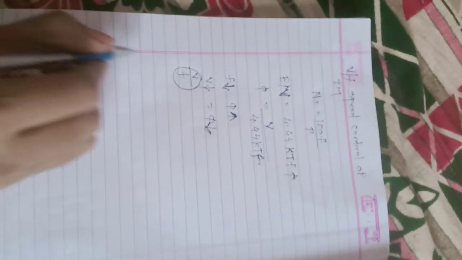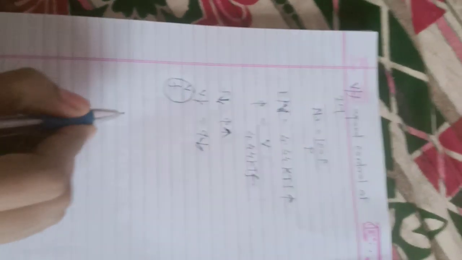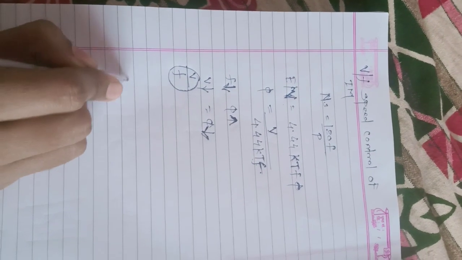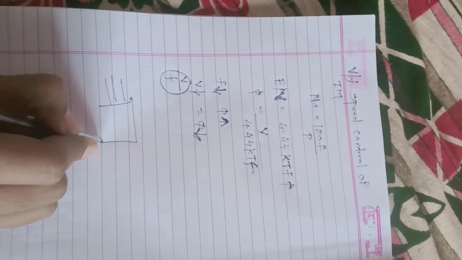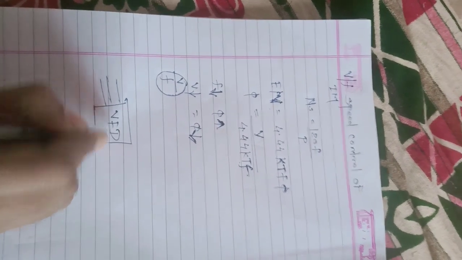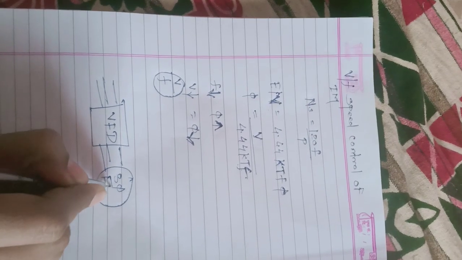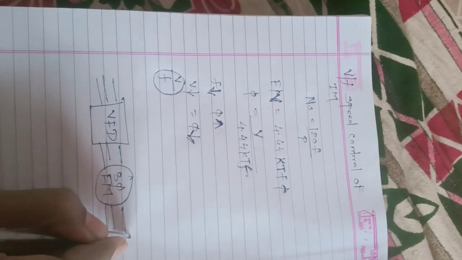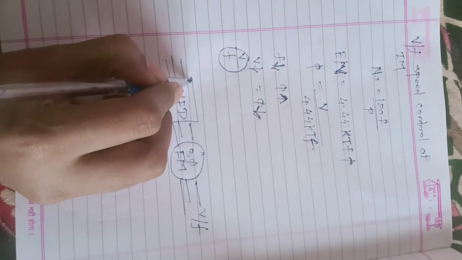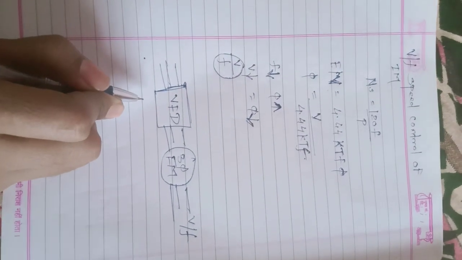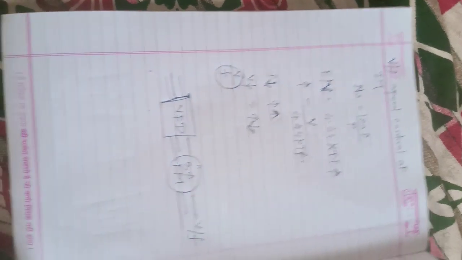Now we will go to the next term, what is meant by VFD. Generally, VFD is connected to the three phase induction motor. That's why we get here V by F variation. VFD consists of three stages. First is the rectifier stage, second is the inverter stage, and third is the control stage.